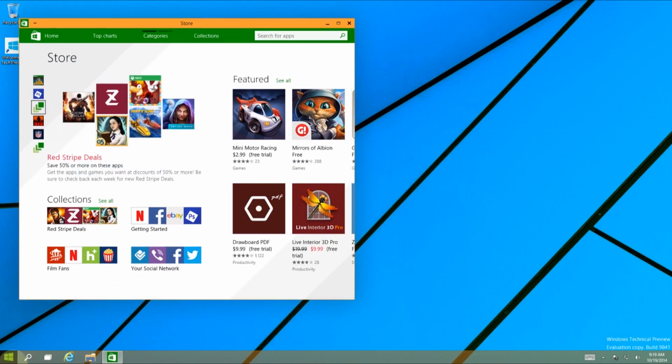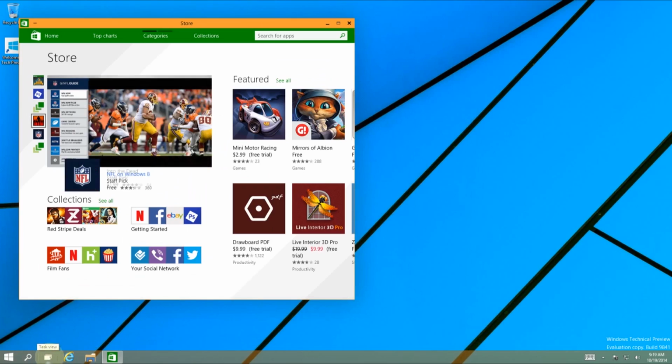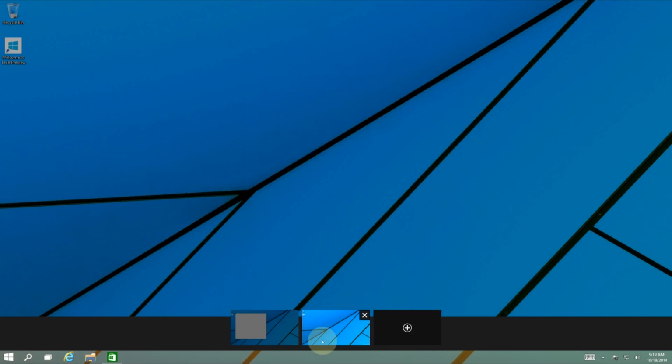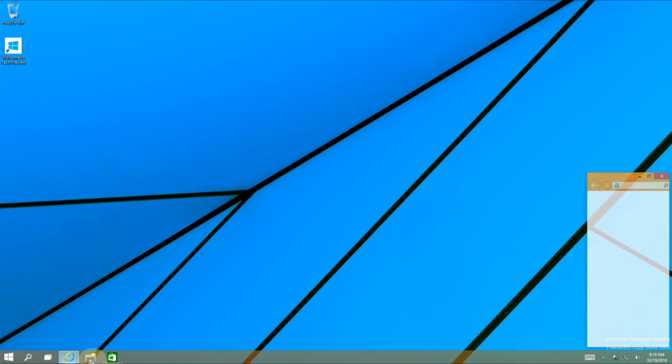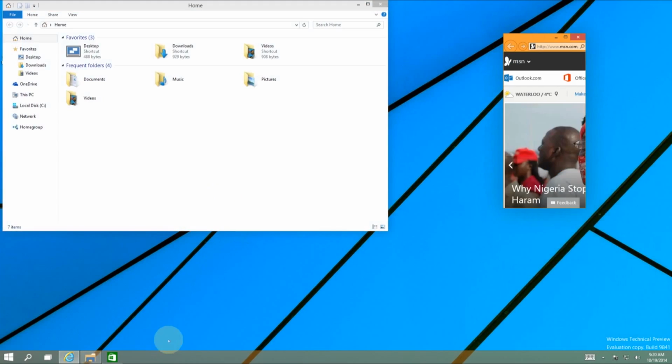Another thing there is that you now have the option of adding multiple desktops. Any of you familiar with Linux would know multiple desktops. You could just press Windows key Tab or click Task View and then click Add a Desktop, and then open various applications on this desktop, have them running here, and then if you have something else on a different